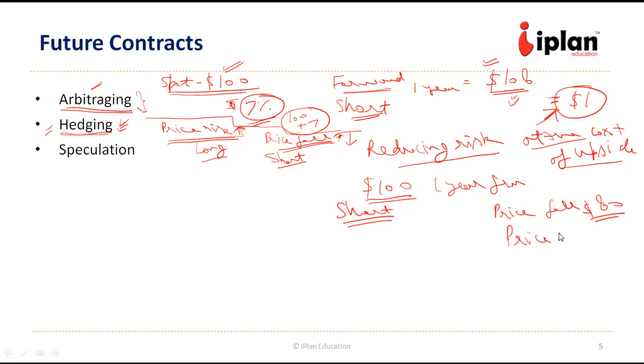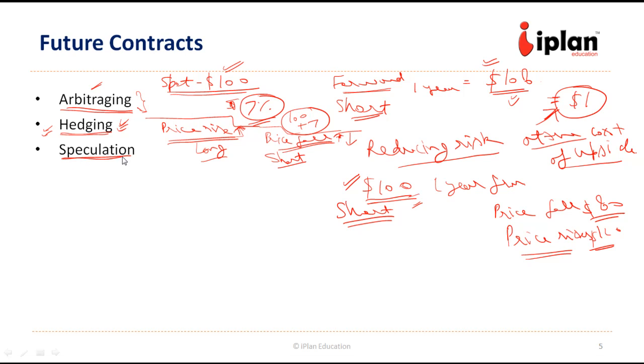because he is hedged. But if the price rises, say to $120, he still has to sell at $100 because he has to abide by the futures contract he has got into. So this upside will be lost, but the downside will be protected. So that is the mechanism of hedging, where we are trying to reduce the risk at the cost of upside